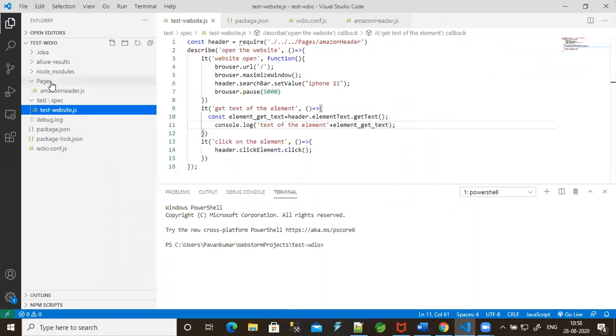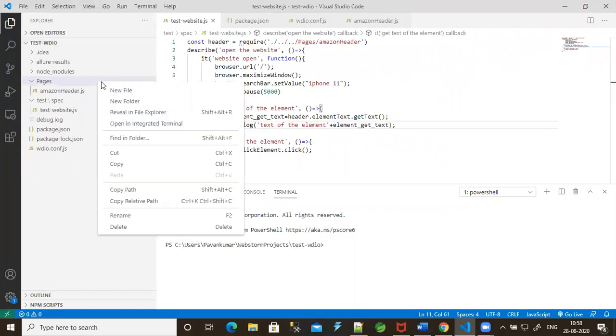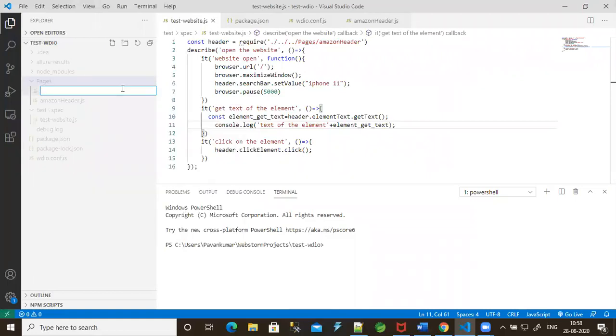First of all, let me create one page object class. I'm going to name this file find element session.